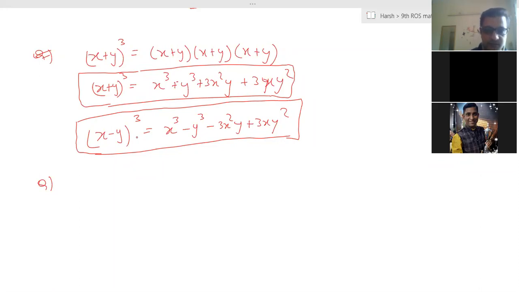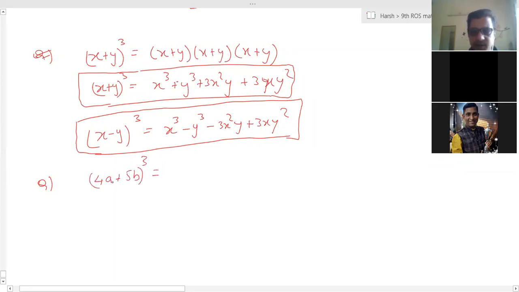So please write this. Hope you have written. The question is a very basic question: (4a plus 5b) the whole cube. You have to expand. Yesterday you did (a plus b plus c) the whole square. Same way you have to do it. Here a is what? 4a. B is what? 5b. So putting this in this formula, we can write it as (4a) cube plus (5b) cube